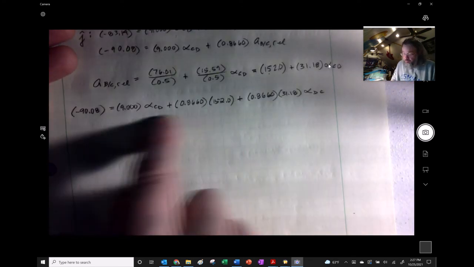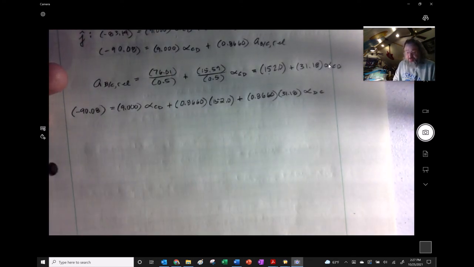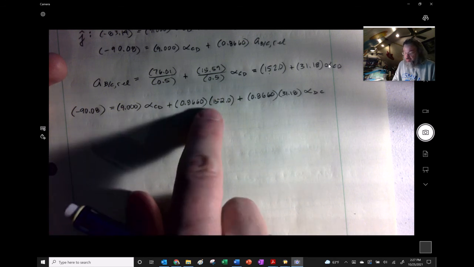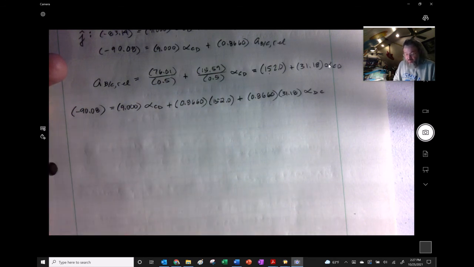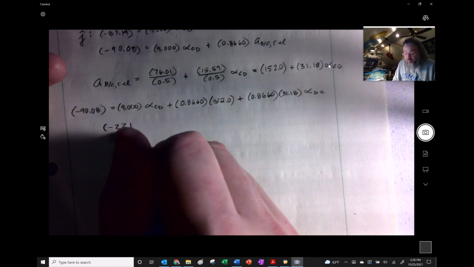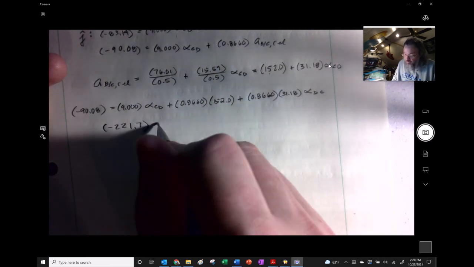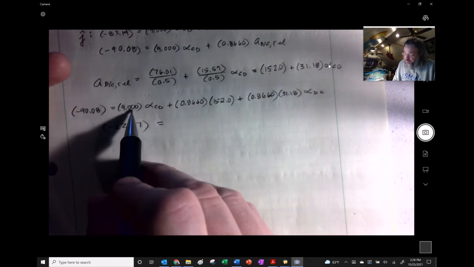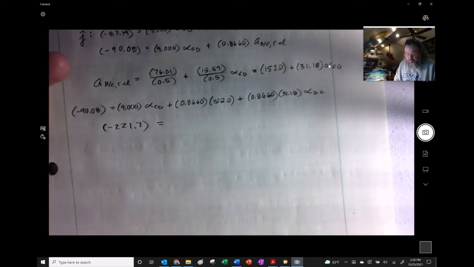So that means I'll take that 0.866, multiply it by that, but that's going to become negative, and so it's going to combine with 90.08, and that's a negative 221.7 equals, and now we have 9 plus whatever that's going to be, so 0.866 times 31.18, and add it, and it becomes